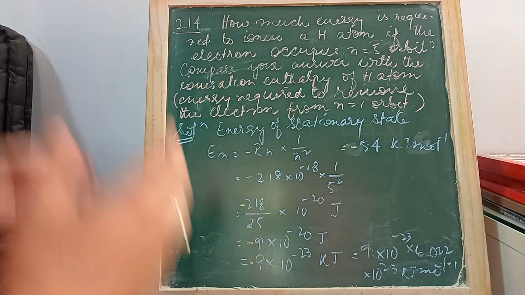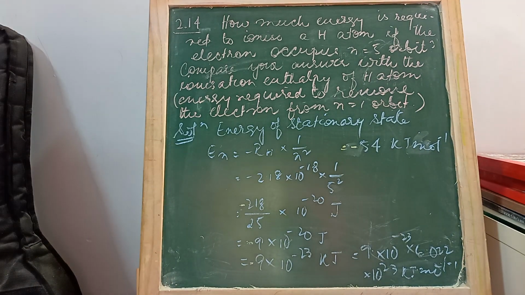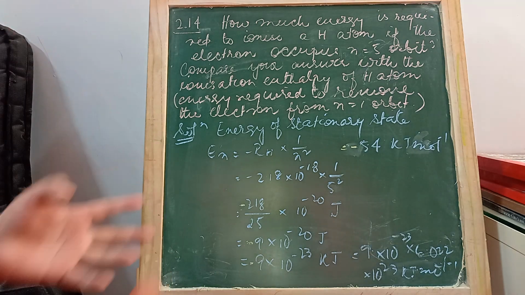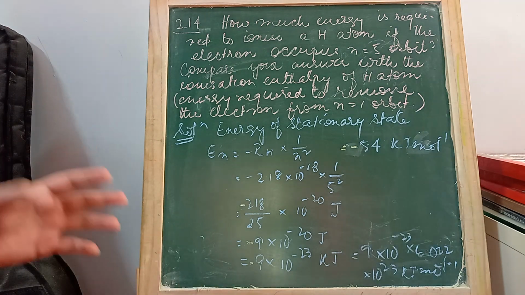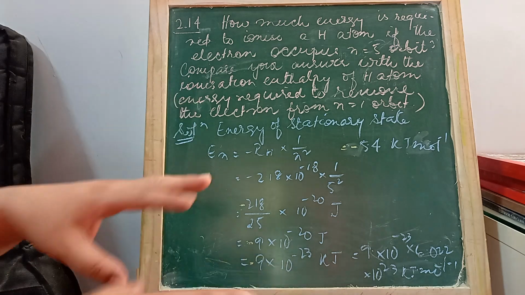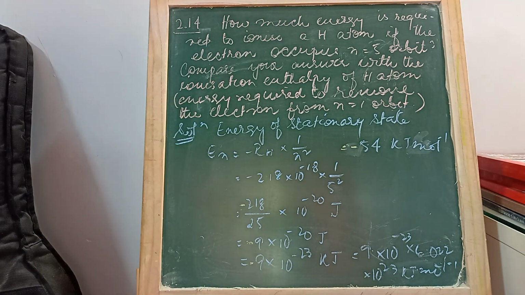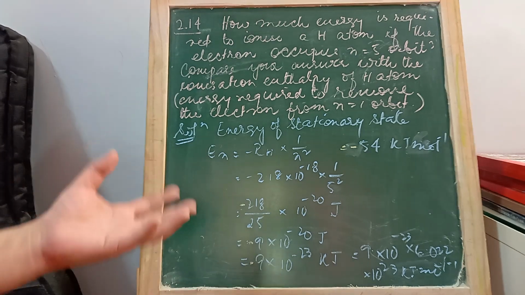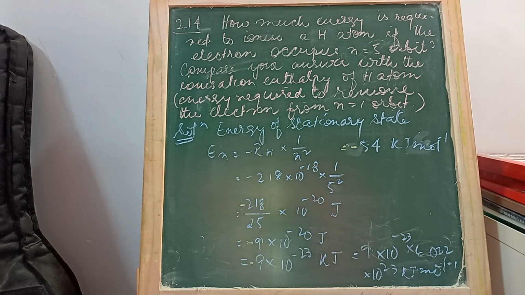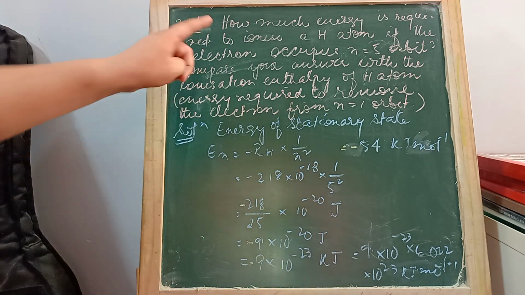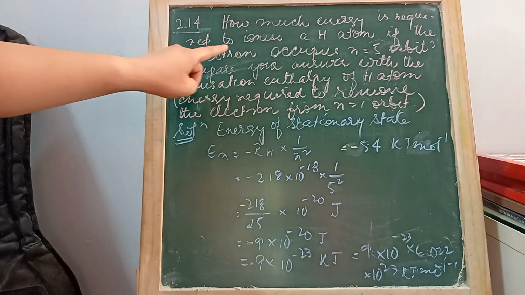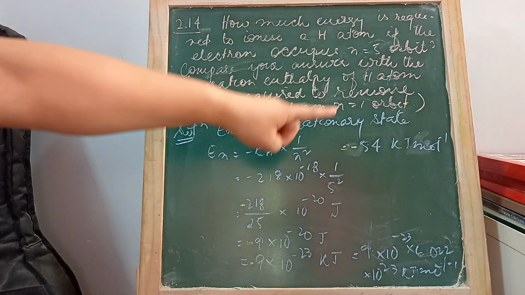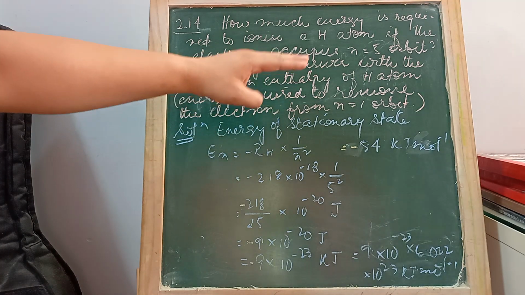Good morning, young learners. Let's try to do one numerical problem, and I believe that it will also help you understand the basic concepts and the theories behind solving this numerical problem. We have taken this question from chapter number 2, the structure of atom, of the NCERT textbook of chemistry of class 11. The question says: how much energy is required to ionize a hydrogen atom if the electron occupies